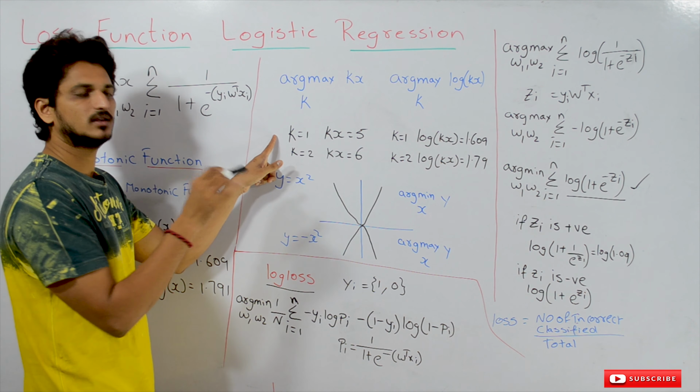Coming to the next concept, y is equal to x square is a function. This function looks like this, it's a parabola. What we have to identify here is at what value of x we have minimum y. So convert it into an optimization problem: argmin over x of y. At what value of x do we have minimum y? That's the optimization problem. If you solve this, we'll get this minimum point. At x equal to 0, we have the minimum y value.